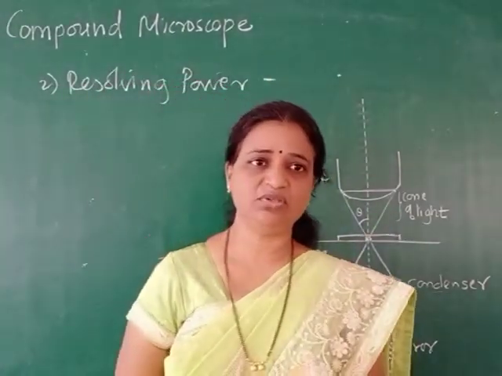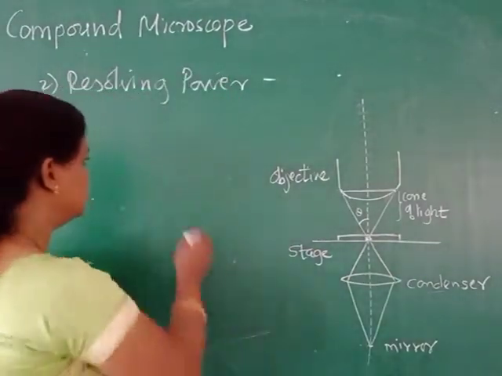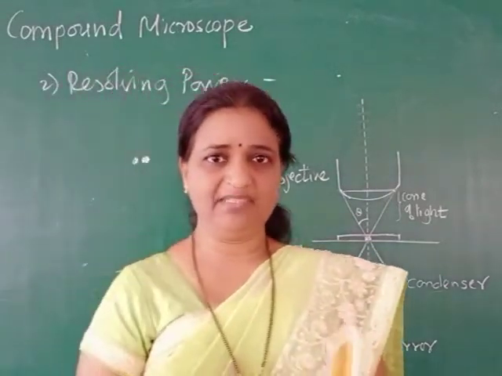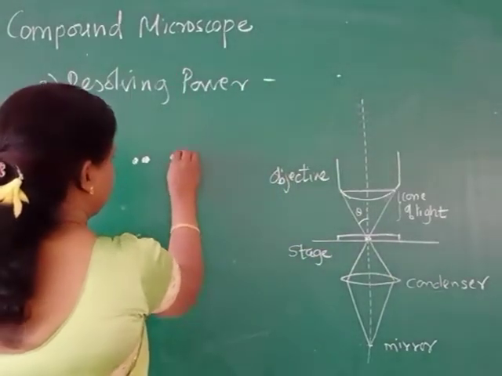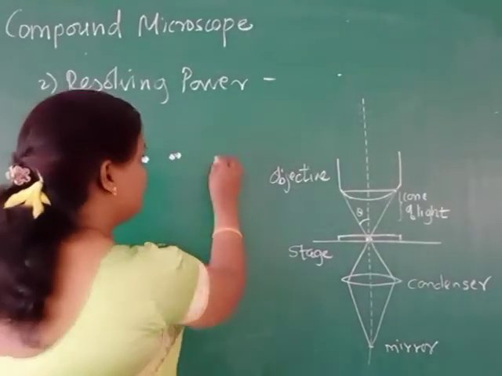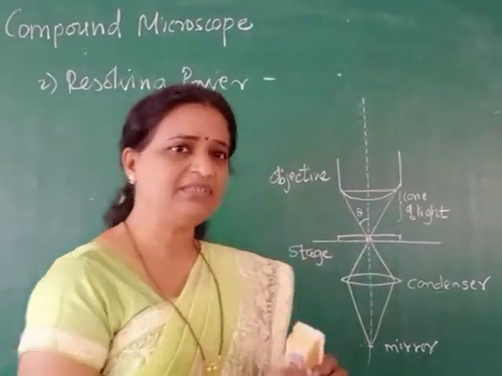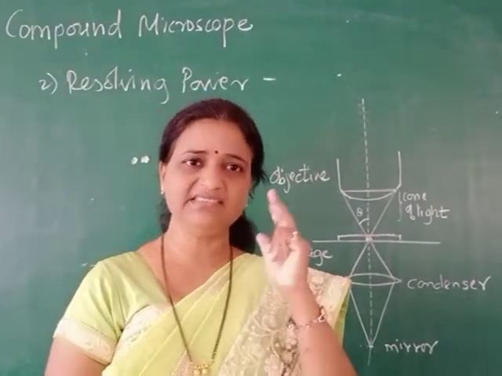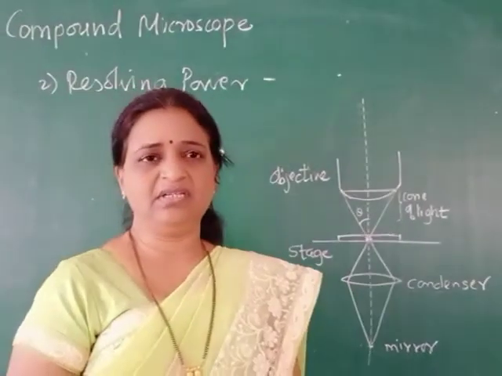How to calculate resolving power? Before that, how to define it? What is resolution? Suppose we have two dots. You observe these two dots as separate, because your lens has some resolving power. If we draw them closer, we still observe them as separate. But if we draw them very near, then we cannot differentiate these two dots as separate. That is the resolving power. Resolving power is the ability to separate two nearest dots.